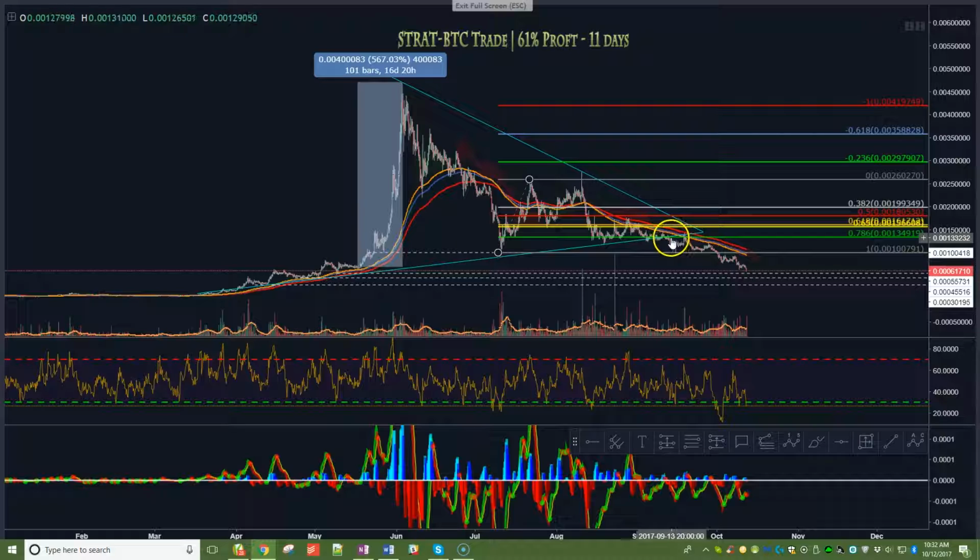And I set my stop loss 20% below the green line, where I bought in at. Now, I'm sorry, 18%. Now, 18% does seem kind of high, but remember this is cryptocurrency, and the market is very volatile, and prices go up and down quite drastically. So it's somewhat normal to set that high of a stop loss. So unfortunately, I did get stopped out around over here, lost 18%,